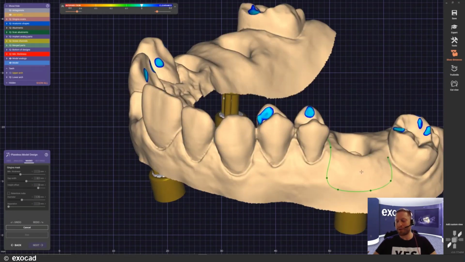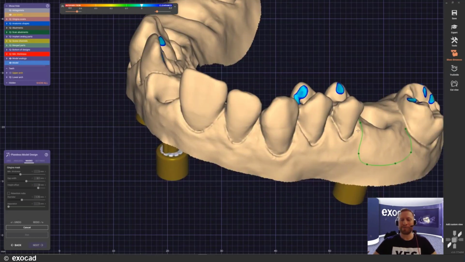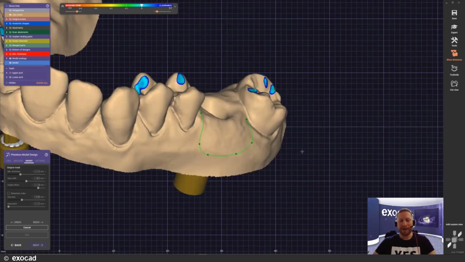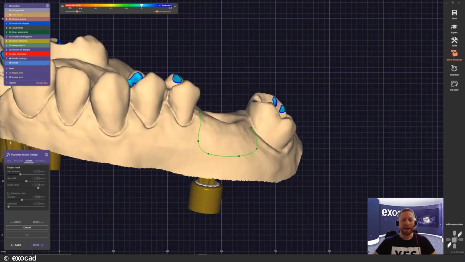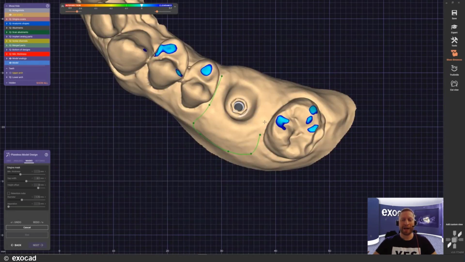And here is another piece of advice I give in all of my trainings that is underestimated in the efficiency of the design. Instead of moving here and dragging around, use your middle mouse button. It's a feature you won't find in any other software or brand. So use your middle mouse button to centralize your actual view, and the rotation center will also centralize here, and that will make designing a lot more convenient and also faster.